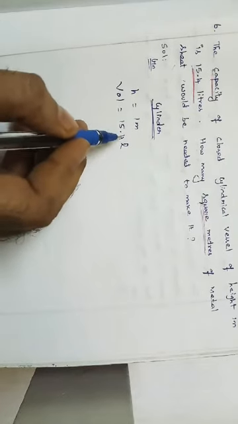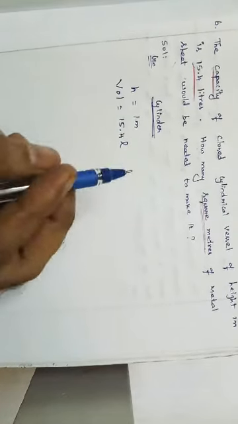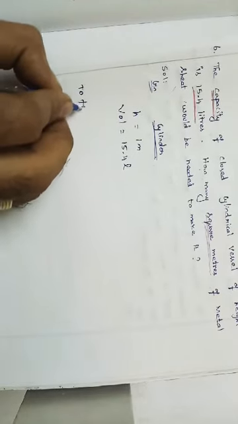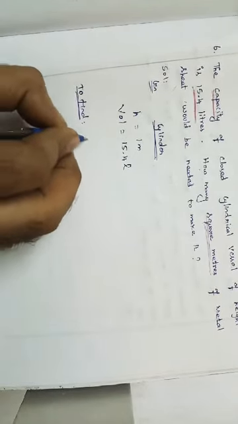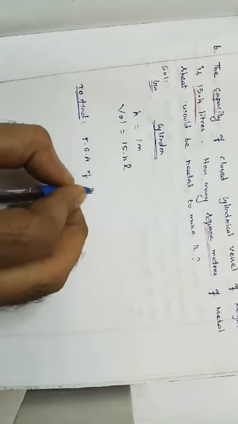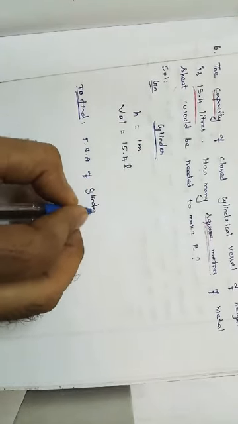Suppose if you write 15.4 alone, you will take it as meter cube or centimeter cube, right? They didn't give it in terms of meter cube or centimeter cube. They have given it in terms of liter. We only want to convert it in terms of centimeter or meter. What we want to find is nothing but the total surface area, TSA of the cylinder.